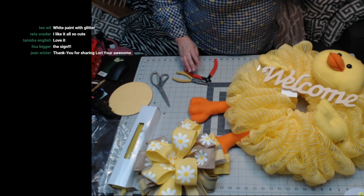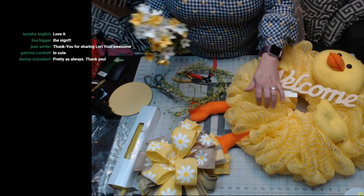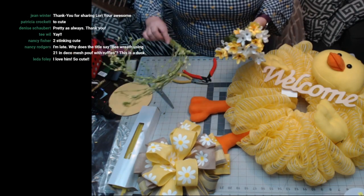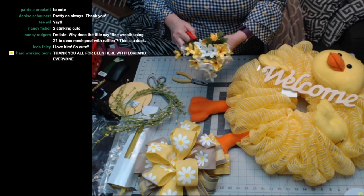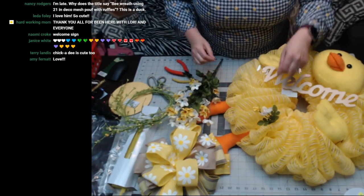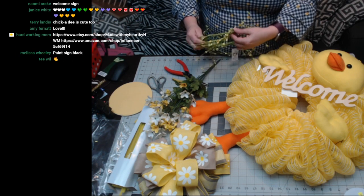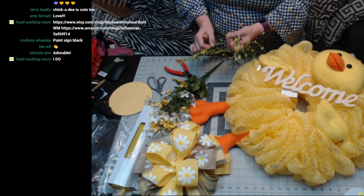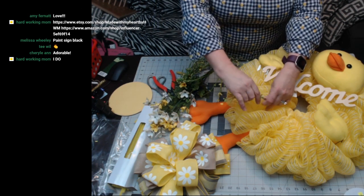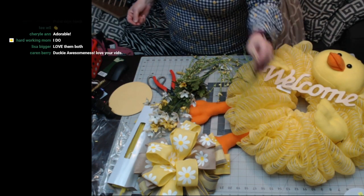Oh, I was going to show you this too. Another thing you could do, you could put little flowers in between these little leafies, like this. You can also get little, these are almost like little eggs or something. You can have those coming out. I don't think I'm going to do that, but